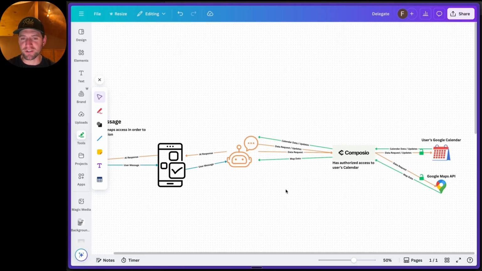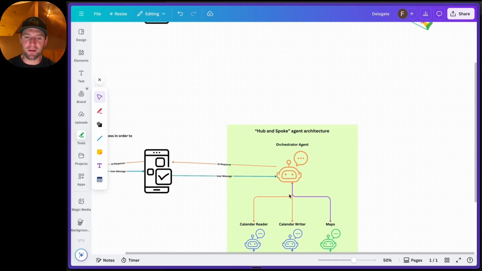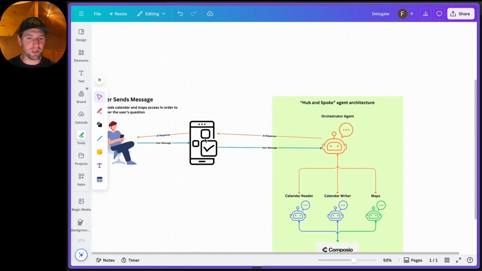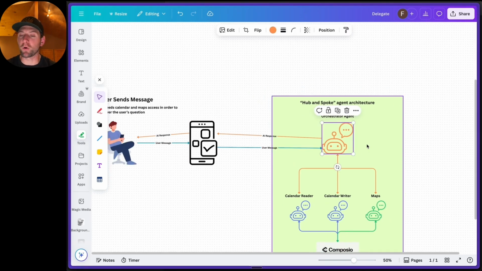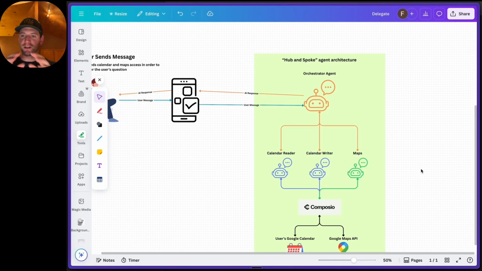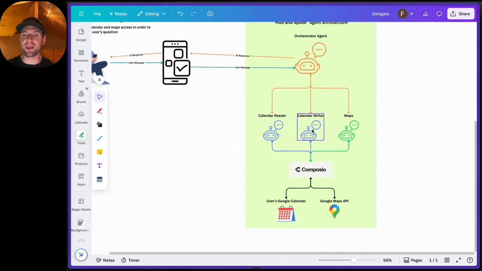And the OpenAI Agents SDK allows us to define this type of system here, where we have the user's message coming to the application, and then the user's message going to an orchestrator agent, which is the hub. The user's message is sent to the orchestrator agent, and then the orchestrator agent orchestrates, you can think of it like an orchestra director, all these other agents. And these other agents, like the calendar reader, calendar writer, and the maps agent, they then through Composio have access to the user's Google Calendar and the Google Maps API to do the thing that they were instructed to do